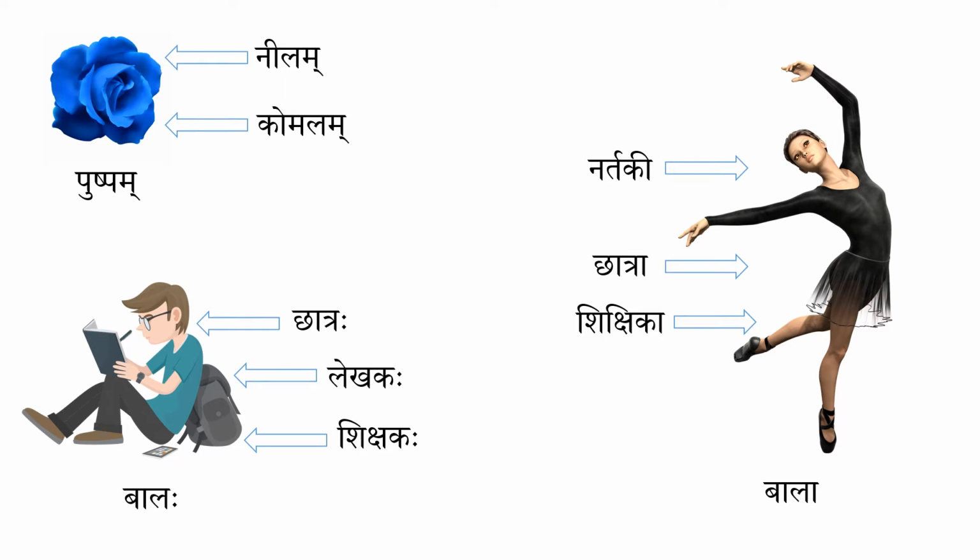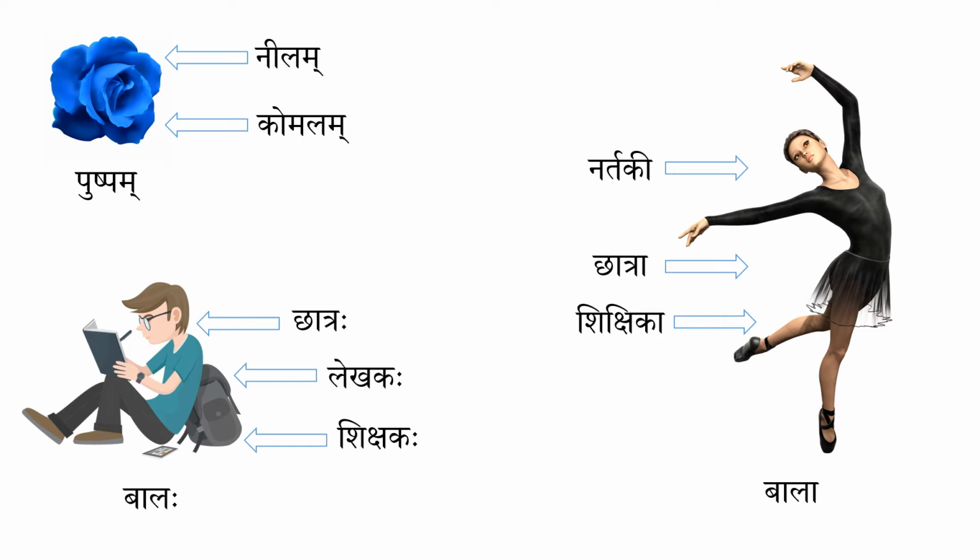So all the three words, Pushpam, Neelam, Komalam, they are pointing to the same object. So if I say Pushpam, or if I say Neelam, or if I say Komalam, all of them mean the same object here. So now the question arises, is Neelam the only thing in the world? Aren't there any other objects or things in the world which are blue? Yes, there are, but